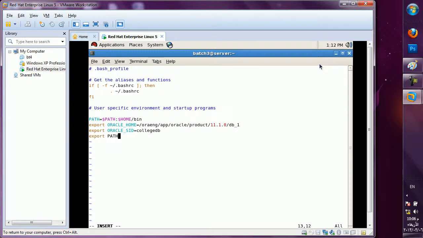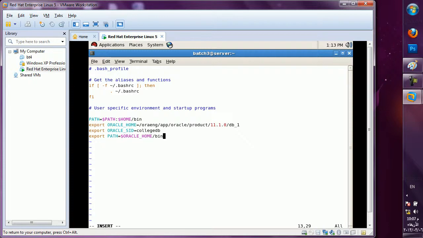Now PATH equal to, see, for the first time I have typed this path in ORACLE_HOME. Next time onwards, no need of typing this complete path. Now this path is held inside the ORACLE_HOME variable. It works like a variable, you can say. You have held that path under one particular name, ORACLE_HOME. Next time onwards, I can use this variable with the help of the dollar sign: dollar ORACLE_HOME, slash bin.